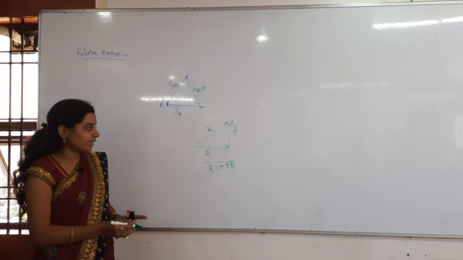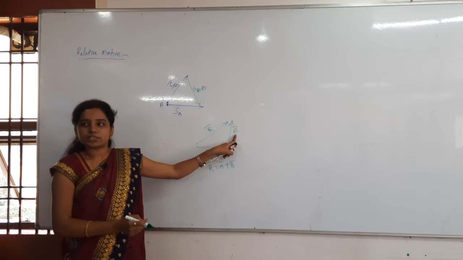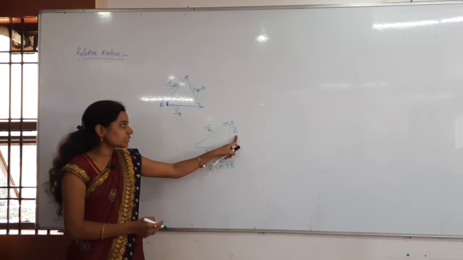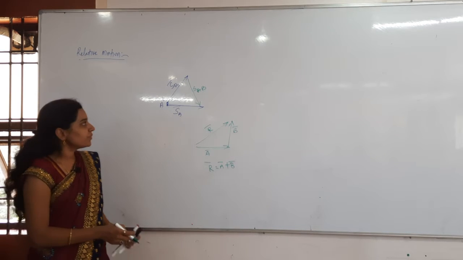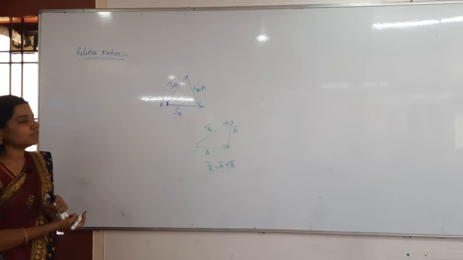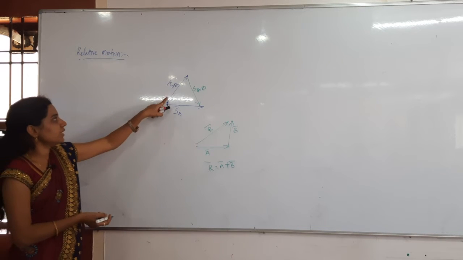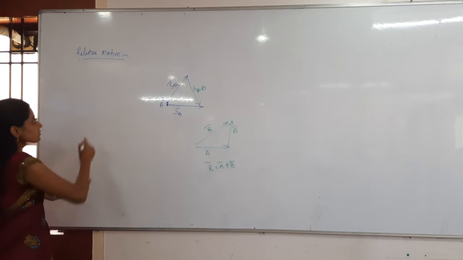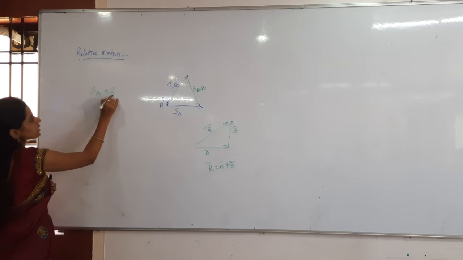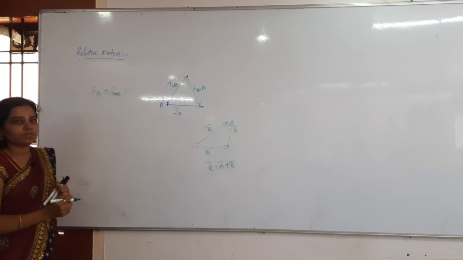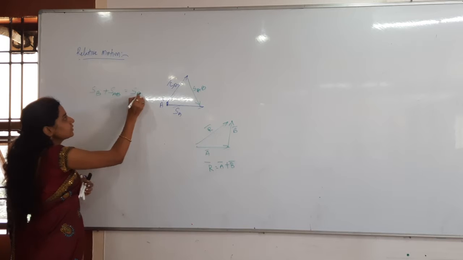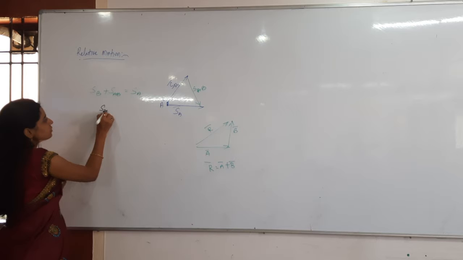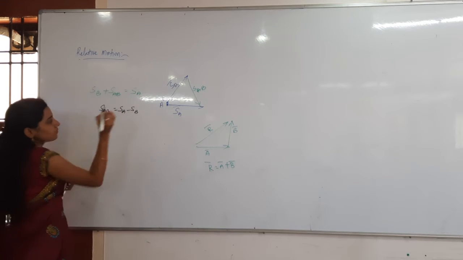Nothing but the sum of the continuous vectors. Who is continuing here? A, and after that B is immediately continuing. So the sum of continuous vectors is equal to the resultant vector. Now which vectors are continuous here? SB is there in this direction, continuing with SAB. The sum of the continuous vectors, SB plus SAB is equal to the resultant, which is SA. So clearly I can write SAB is equal to SA minus SB.